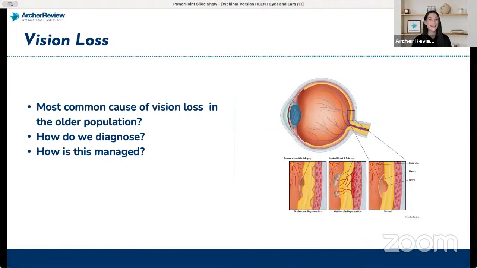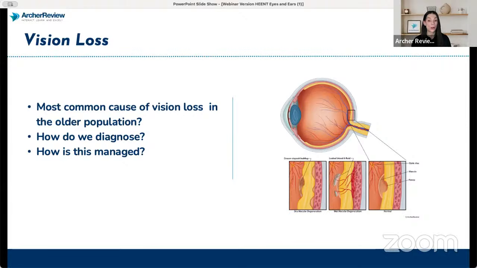That's right. This is macular degeneration. This is a slow onset process, and it is the most common cause of vision loss in our older population. This is something we definitely want to refer out to ophthalmology. They'll do something called an Amsler grid test, which, if macular degeneration is present, the patient will say there's a